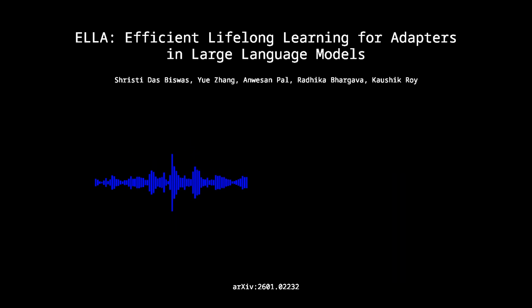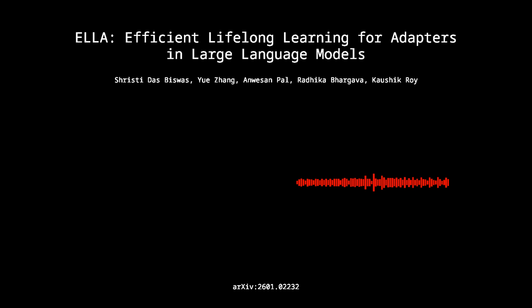We need the stability to preserve all that hard-won knowledge and stop what we call catastrophic forgetting. But at the same time, we absolutely require plasticity to learn new things and, crucially, to get that beneficial forward transfer where past learning actually helps with future tasks. And when you're using methods like LoRA, these parameter-efficient methods, that sequential adaptation almost always leads to disastrous interference.